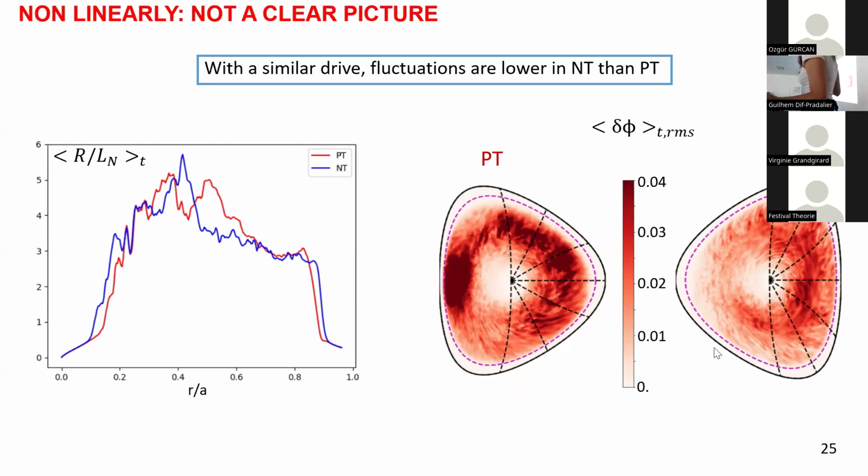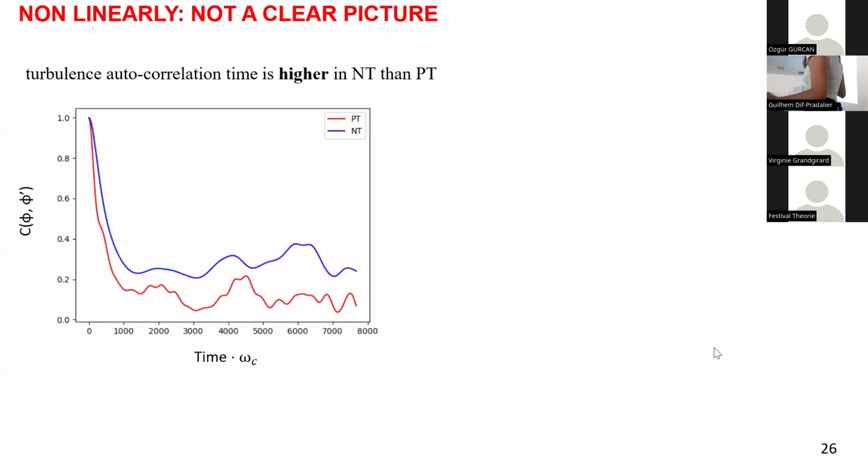We don't have a very clear picture nonlinearly. With a similar drive, which means with similar density gradients, because the drive here is density in this simulation, we get lower fluctuations in negative triangularity than positive triangularity. Here I'm plotting the RMS of the fluctuation of the electrostatic potential, and we see that fluctuations are higher in positive triangularity with respect to negative. Furthermore,